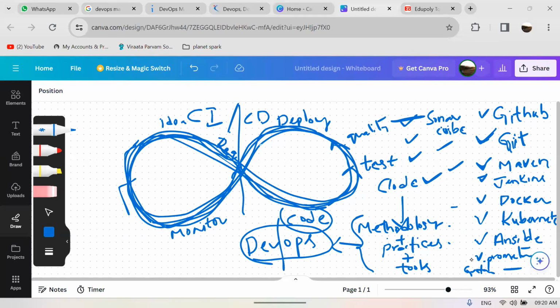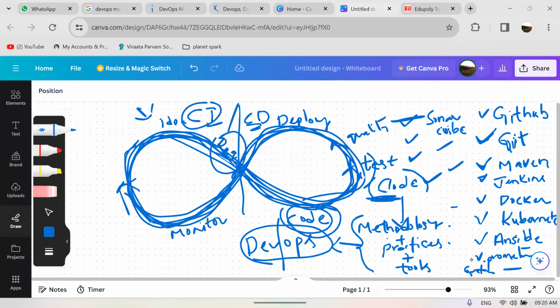That's what we call continuous integration. Developers will start developing the new code, so continuous integration will happen. Continuous deployment means it will deploy to the production server and keep on monitoring. Again, we have new requirements, new features should be added. Again, we'll gather the requirements, we will develop the code, we will test the code and we will deploy it. So developing the code by adding the new features, we call continuous integration. Once the code is developed, we are deploying it on the target servers